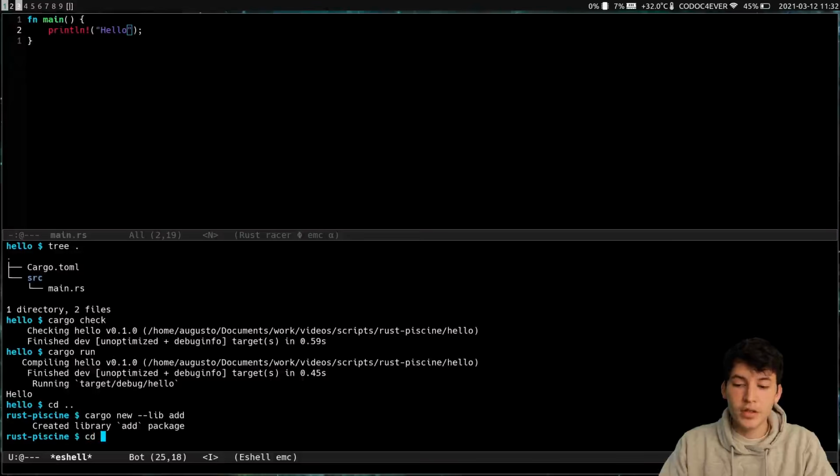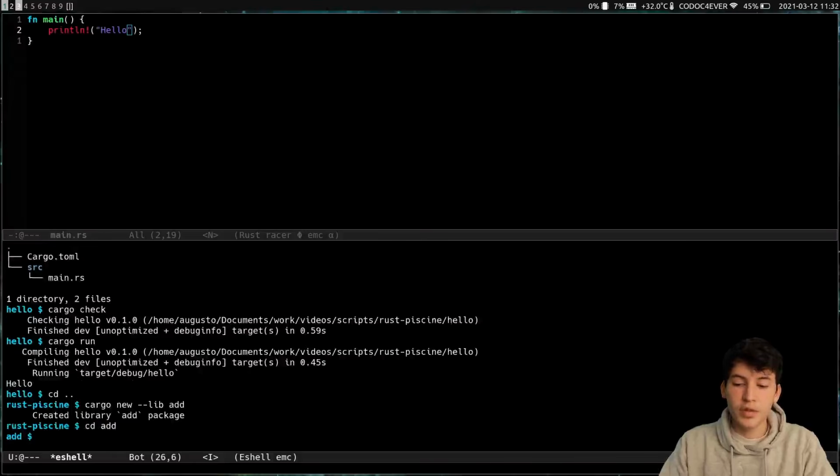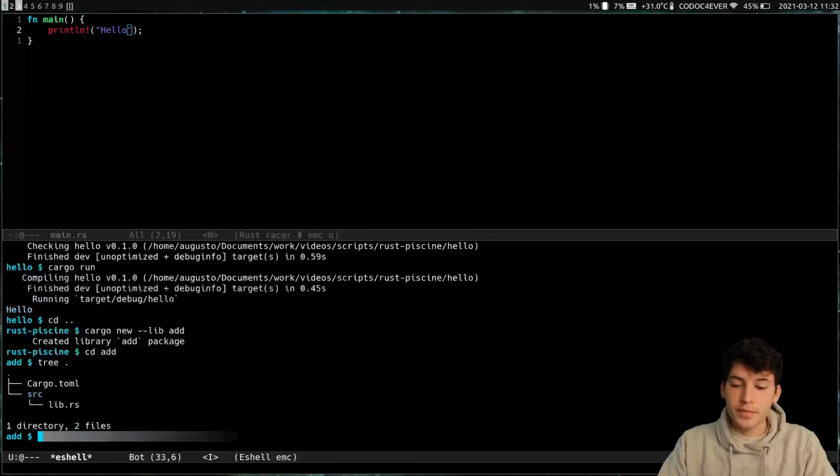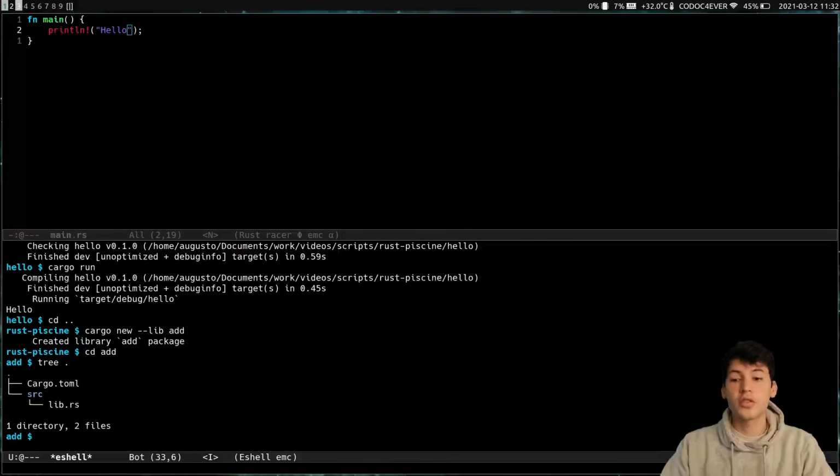Now we can see the content of this directory. The structure is very similar to a binary crate, just that the file containing the source in the src directory is called lib.rs instead of main.rs. So now let's see the content of the lib.rs.